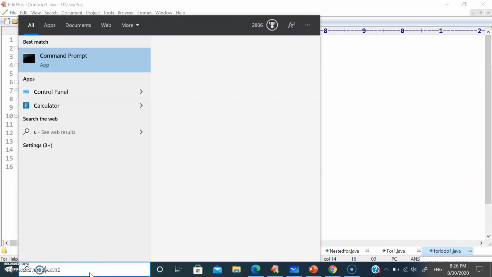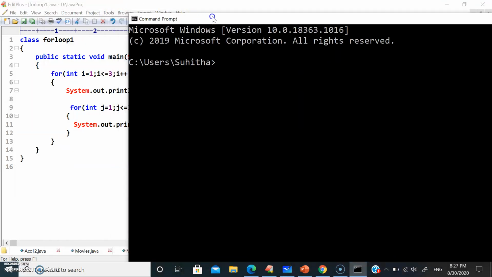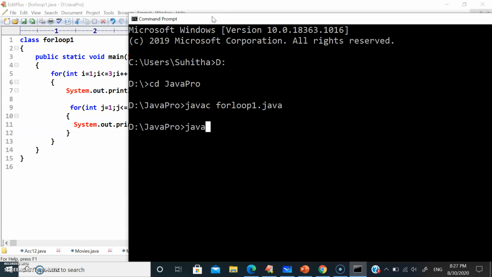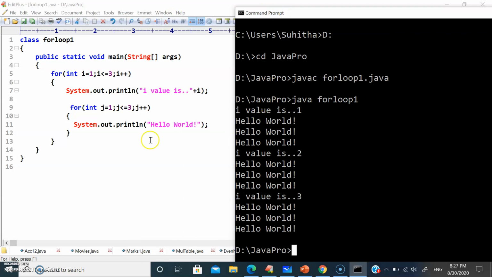Open your compiler, the partition and folder is JavaPro. In the compiler, javac ForLoop1.java, then java ForLoop1. So when i value is 1, j is printing hello world 3 times.